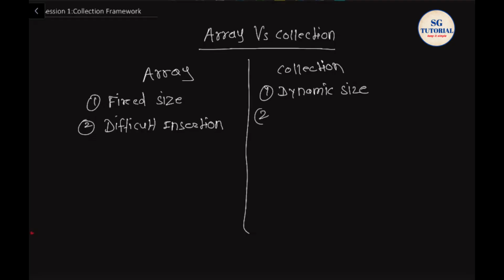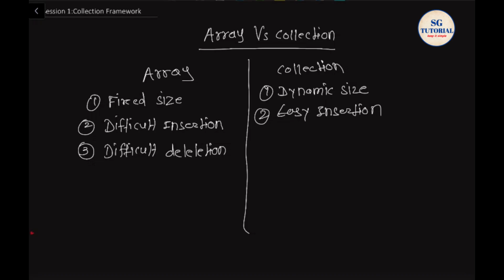That is easy insertion, because collections provide built-in methods like add to insert elements. They automatically handle resizing and shifting internally, making insertion much easier. Okay? Clear? And another point is deleting an element from an array is difficult. That is difficult deletion. So to delete an element from an array is difficult because you